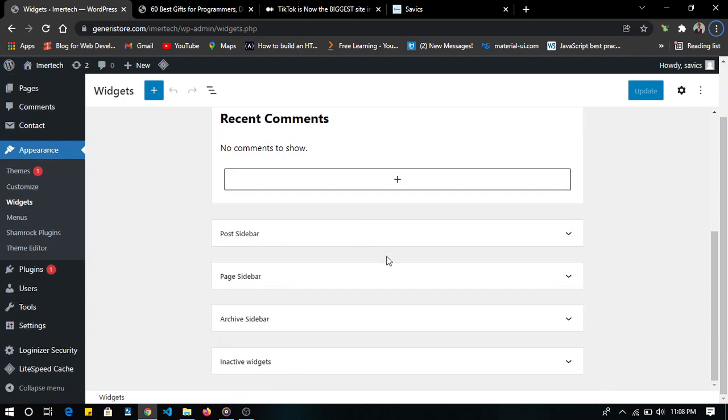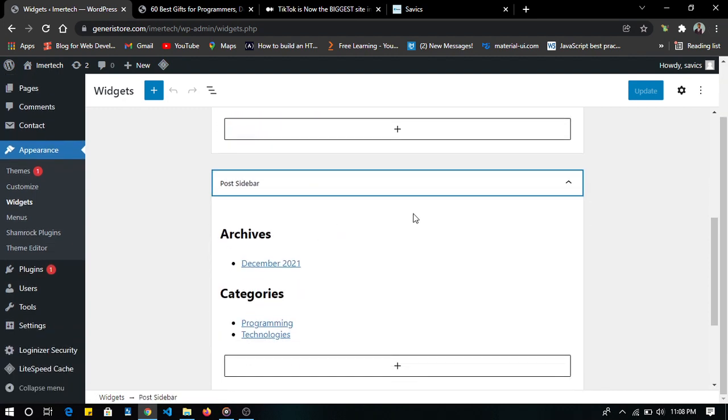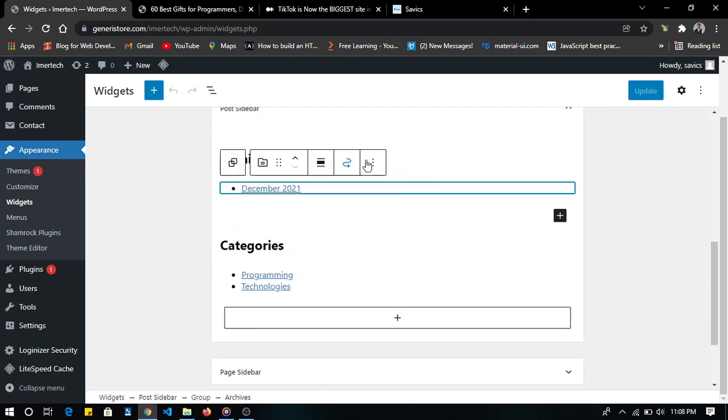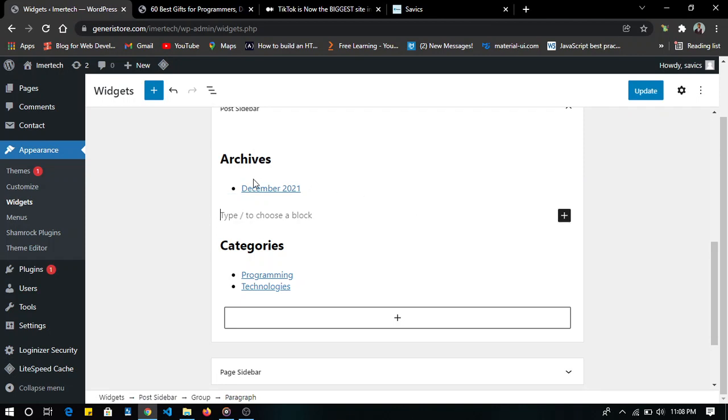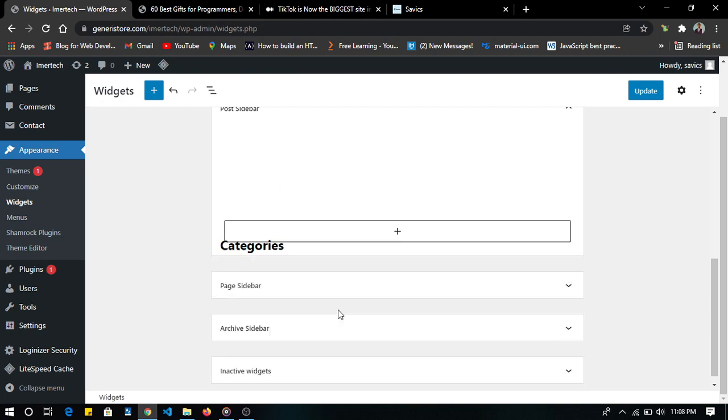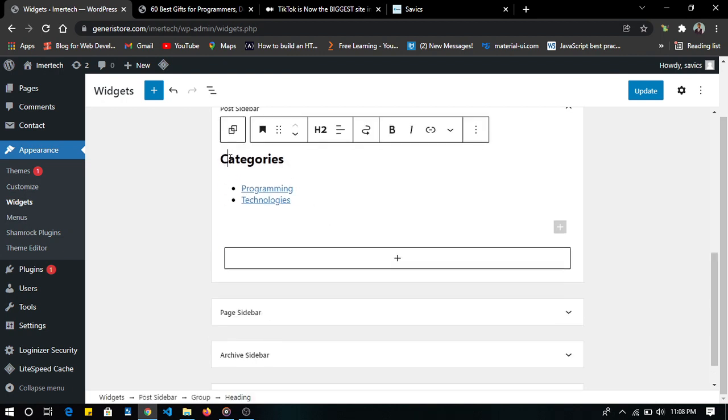Okay, now we select post sidebar. Now under post sidebar, you remove archives, remove block, remove categories,